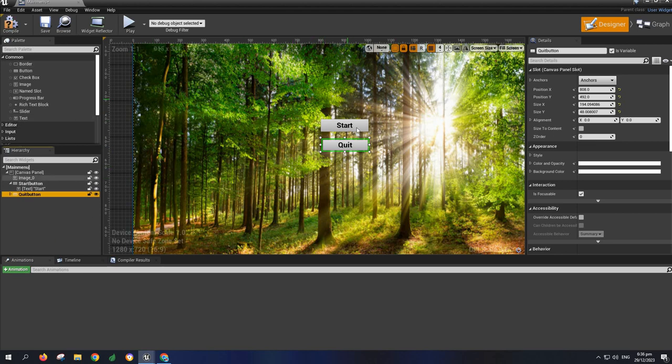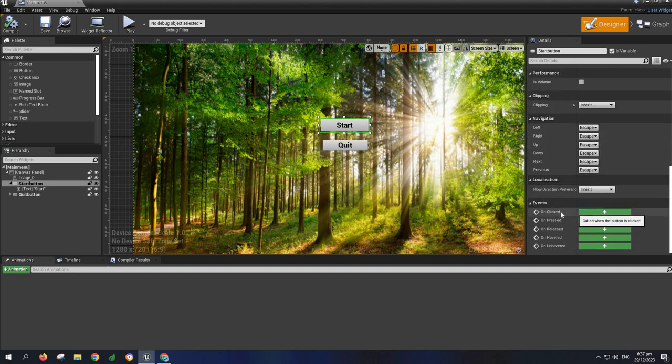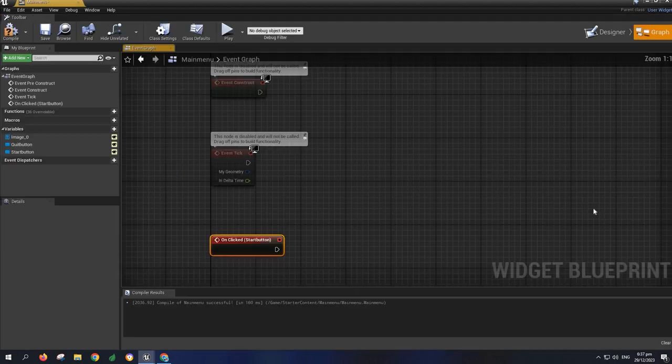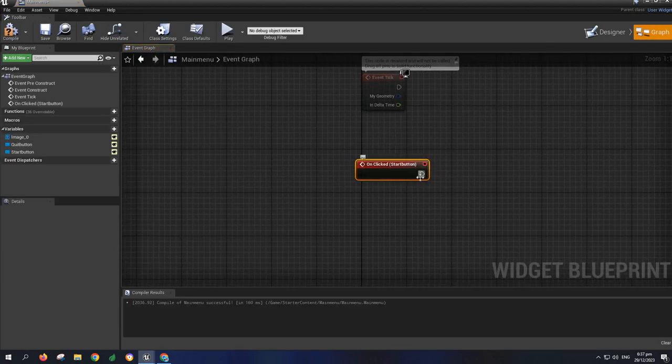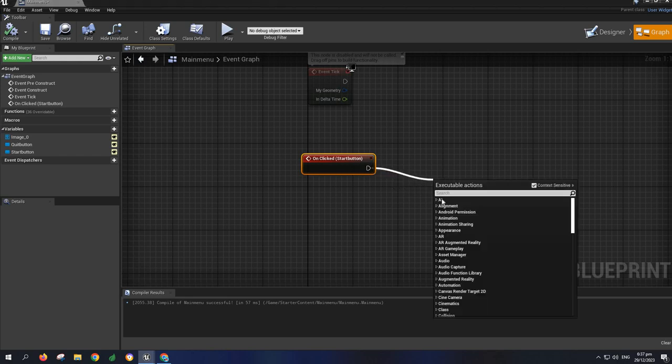So now after we have made our buttons, I'm just gonna click on the first button, which is called start. Now before doing anything, I'm gonna compile, save, and after that I can click on my start button, go down to events and select event on clicked. So select this event and then on clicked start button, compile, and what you want to do is here when it clicks, so this is gonna be for Windows basically. So when the mouse clicks on this button,